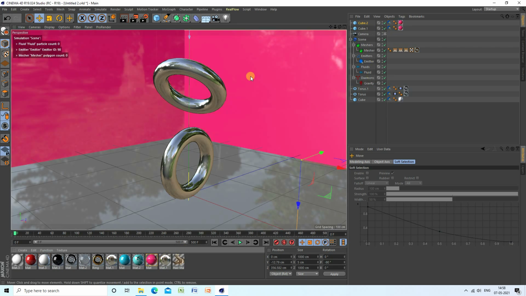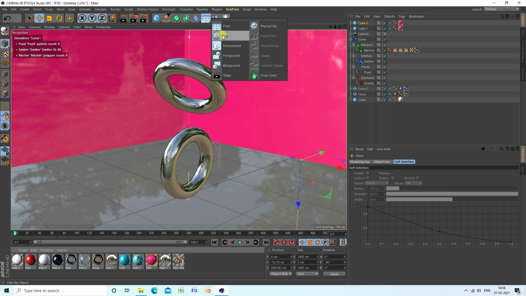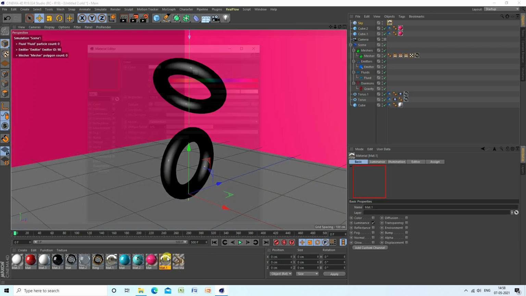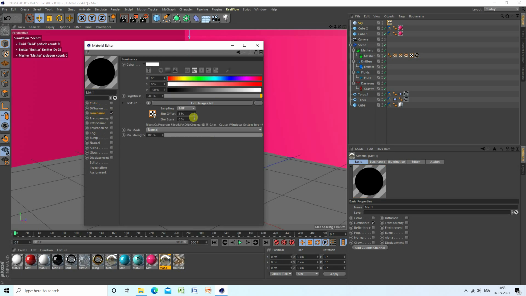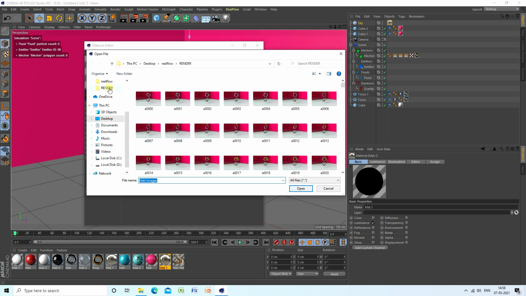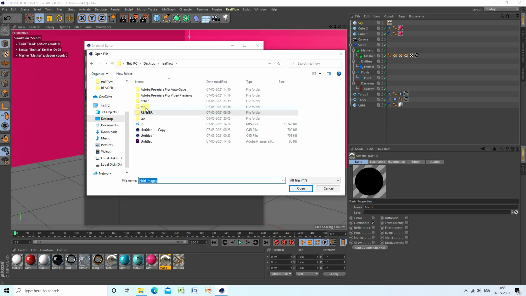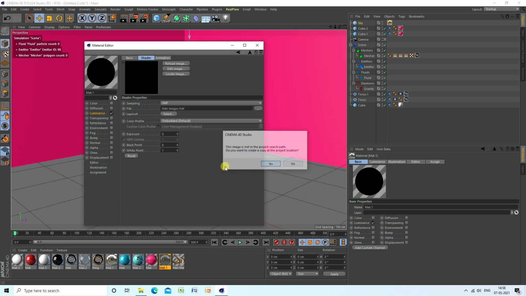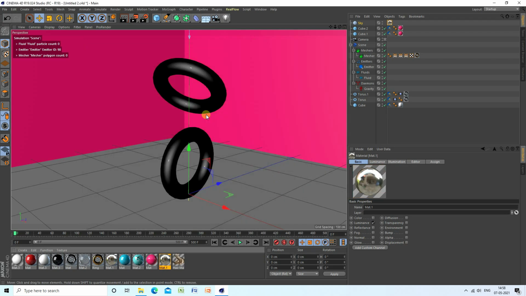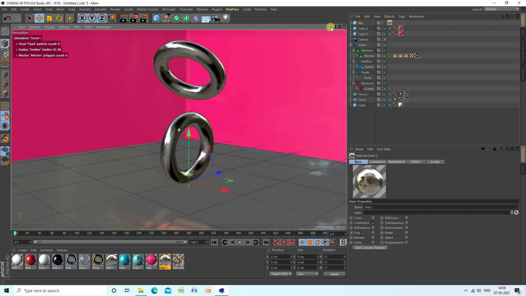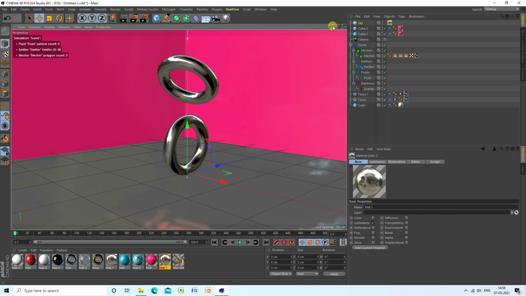another material like this. Use sky and take the sky material, this one, and re-upload the sky texture. Go to luminance and click on here. Go back, go to texture, select and open. Right. See guys, that's really good. Okay, so guys, set the camera angle like this and go back.